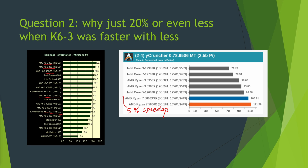So what I was showing before, and I was commenting, is that if you look in the bottom left, if you take a processor of around year 2000, K6-3, which was basically a K6-2 plus level 2 cache, you'll see that the K6-3 at 350 puts in a sandwich the K6-2 at 500 megahertz or 0.5 gigahertz, but it has even less cache in raw numbers. So just adding, let's say, around 25% of cache and having a deficit in frequency of 50%, it still behaves the same